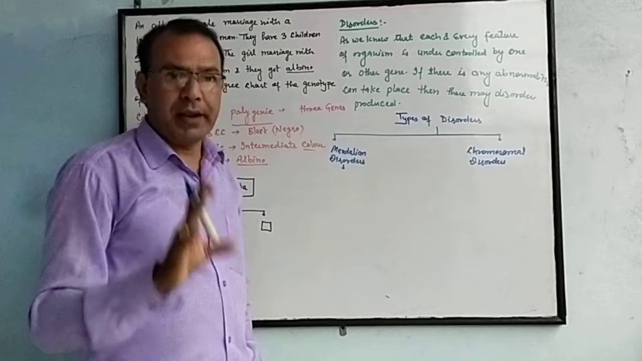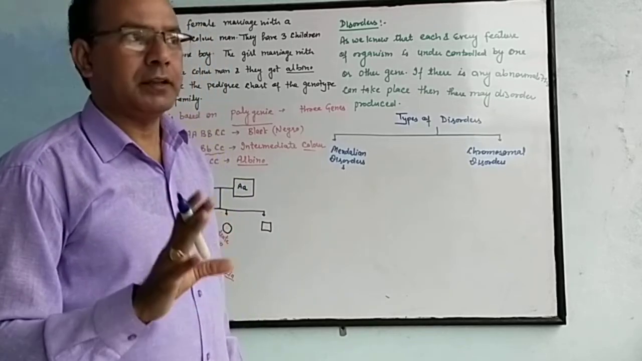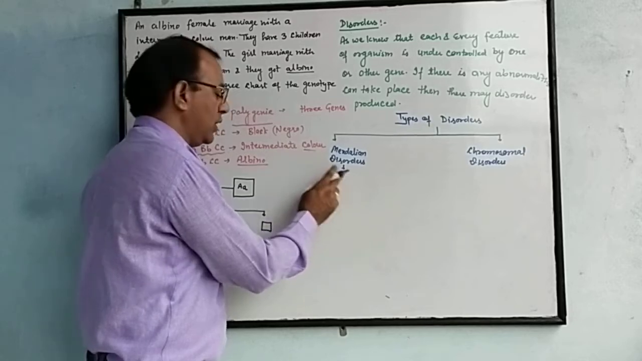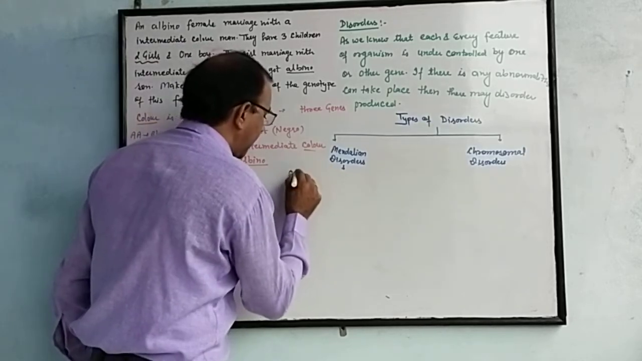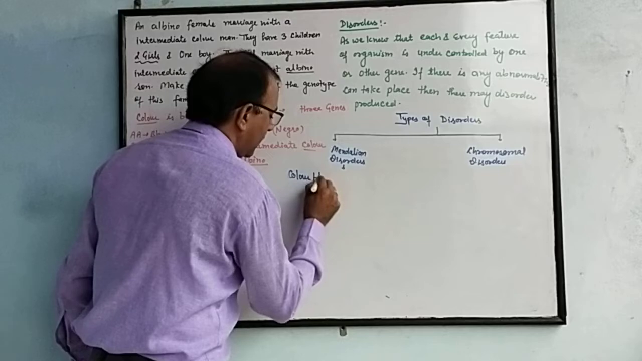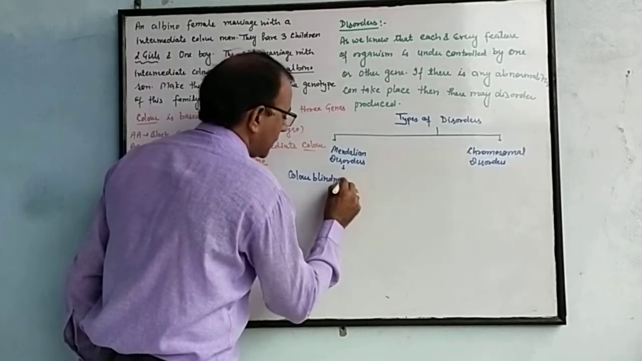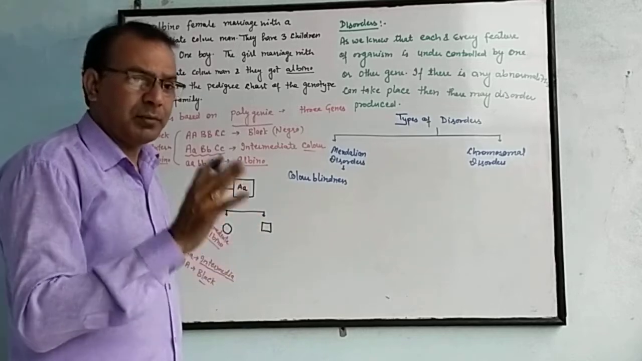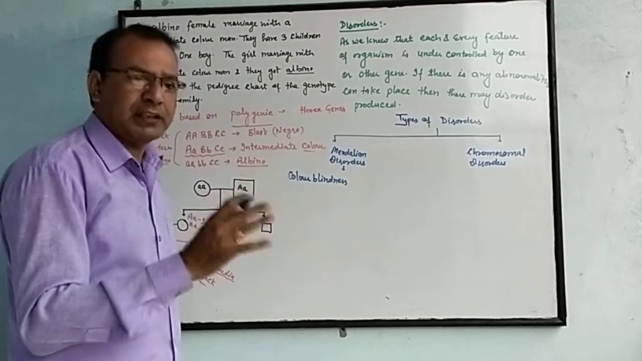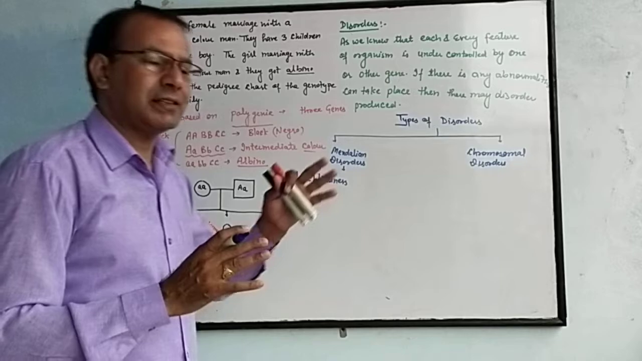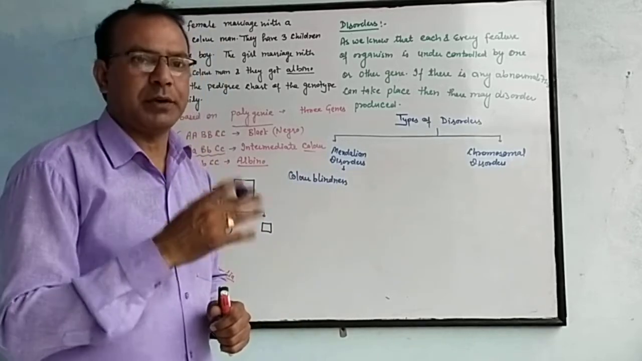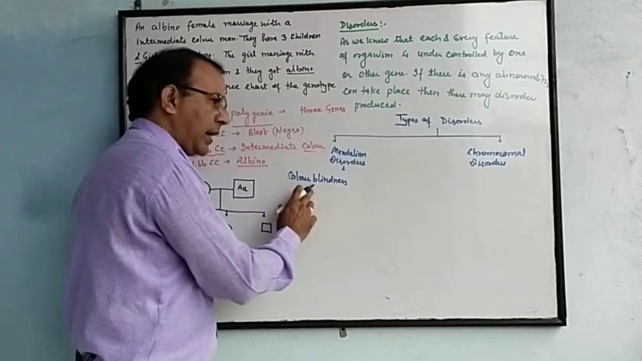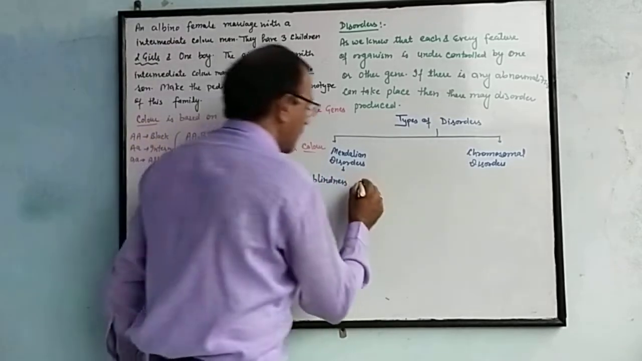Sex-linked is mainly recessive. There are some Mendelian disorders such as color blindness. A person is able to see objects, but some defect is produced while seeing. They cannot differentiate between red and green color. So this type of disorder is called color blindness. This disorder is recessive,